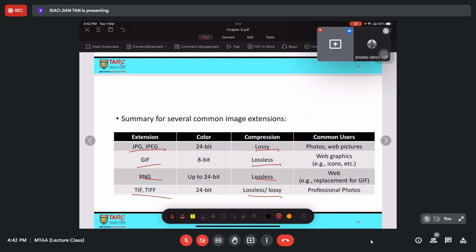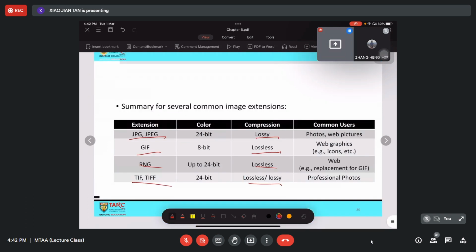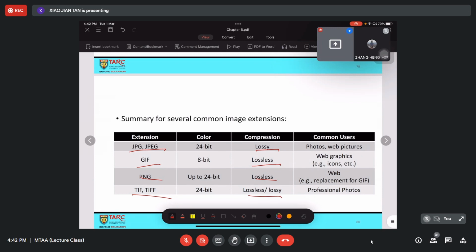If after compression the algorithm cannot recover the original image, that is considered lossy. Most of the time, lossy allows a higher compression rate, but for lossless, the compression rate will be very limited. So this is the difference between lossy and lossless, and also JPEG 2000 and JPEG.